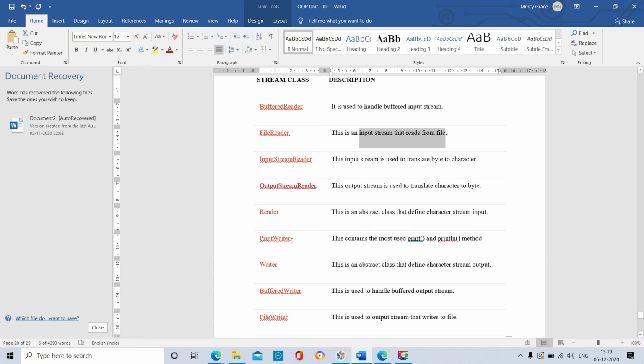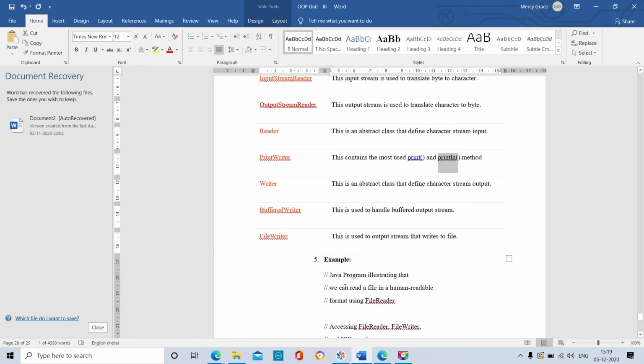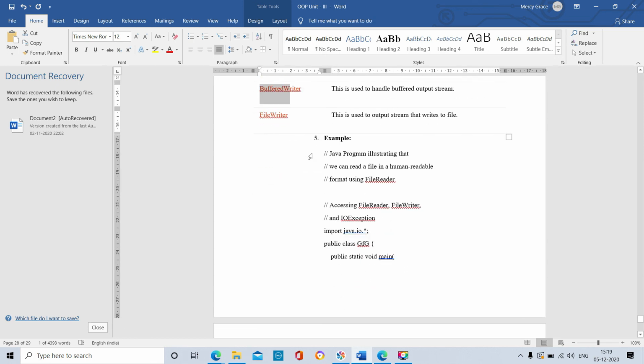Writer means the writing process, output. PrintWriter is used for output and contains the most used print and println methods. Then Writer, BufferedWriter, and FileWriter. Buffer is used for temporary storage.